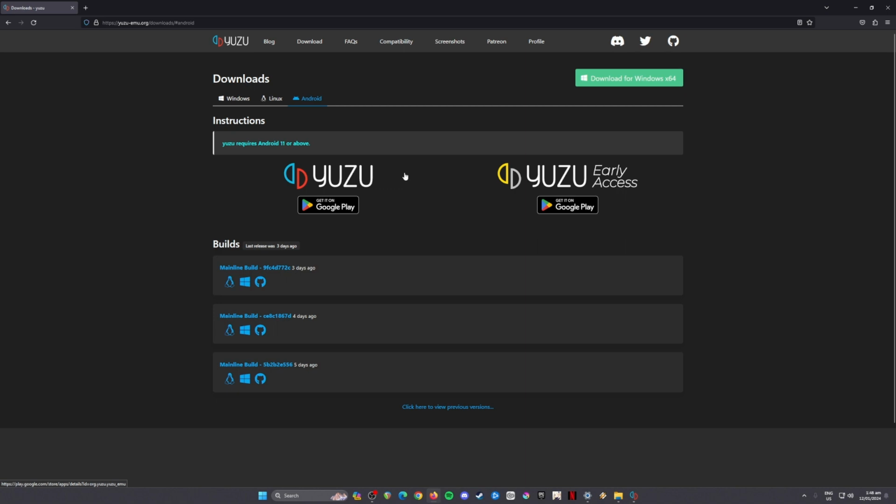If you prefer to play this game on your Android phone, you can do that, but be sure that it is on Android 11 or above to be able to play. And for those who are looking for the Linux install, all you have to do is click on this icon here to get the Linux version. And for those who are on Windows, just click on this icon here to download the latest version of YUZU